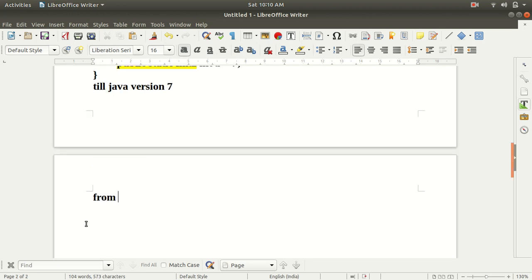And now guys, from the Java version 8 we can create a default concrete method inside the interface.